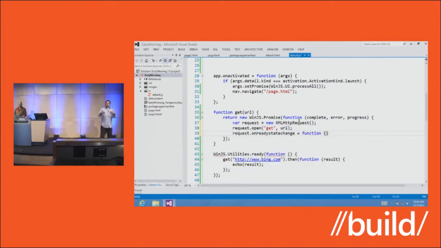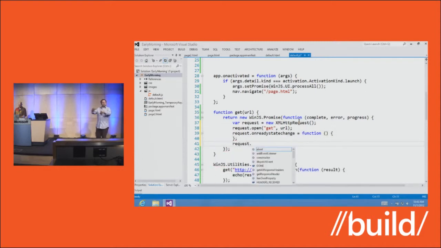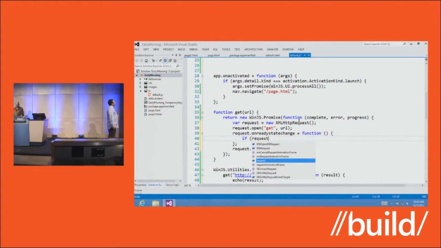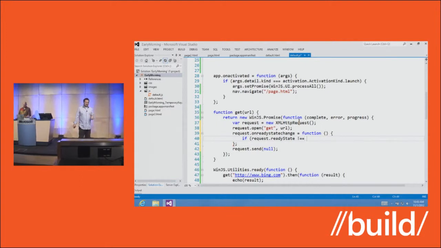And so the way XHR works, for anyone who doesn't know, is it runs through a little state machine, and you get this ready state that counts up from 0 to 4. And once you get to 4, you are done. So inside of our function, we'll say if request.readyState does not equal 4,